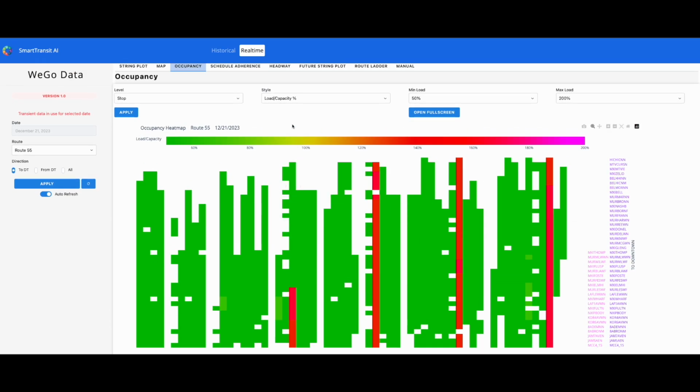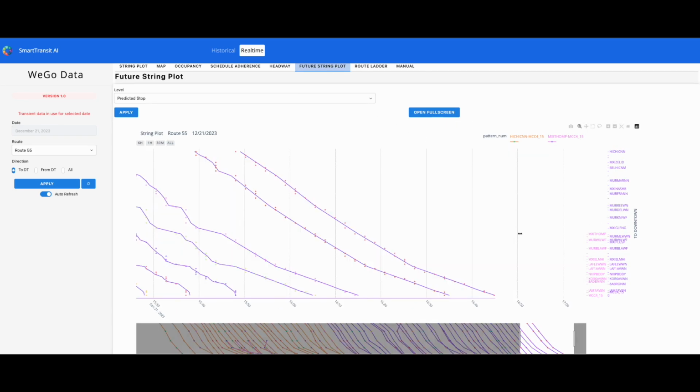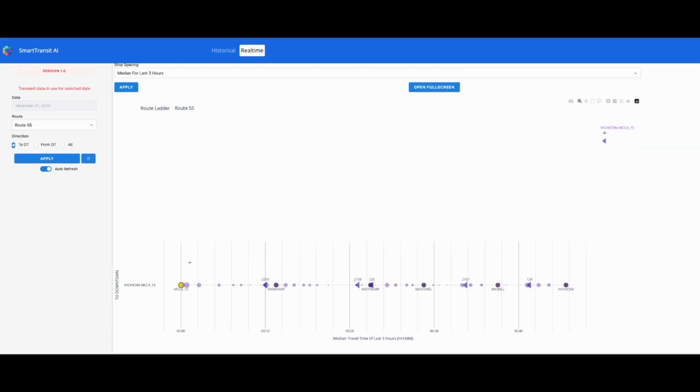Taking a look at the occupancy plot, all of the same functionality as before, as well as the schedule adherence headway. And we have a future string plot which shows predictions of trips moving forward in the next couple of hours. And we also have a route ladder